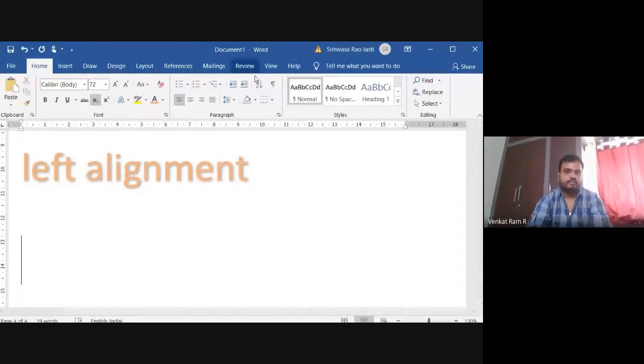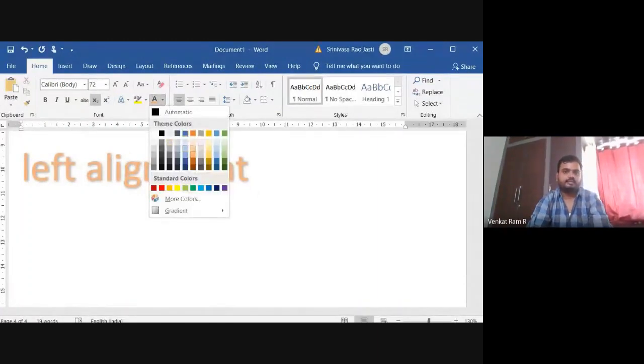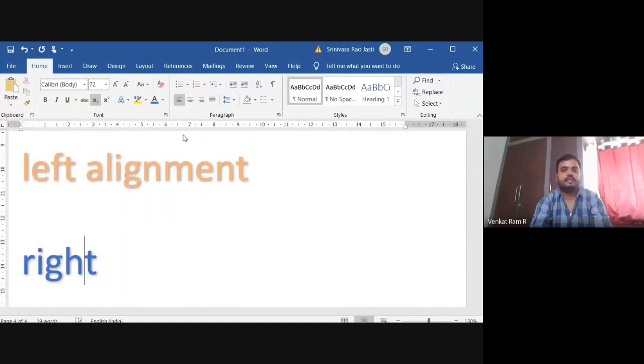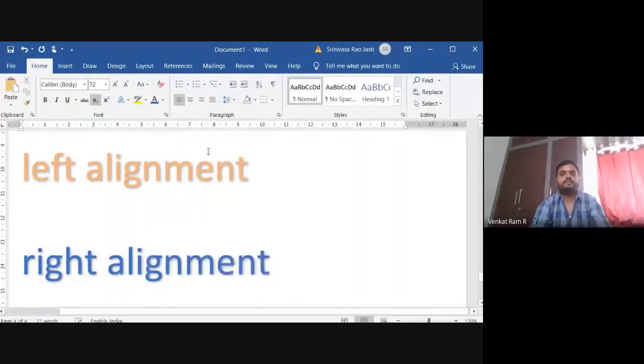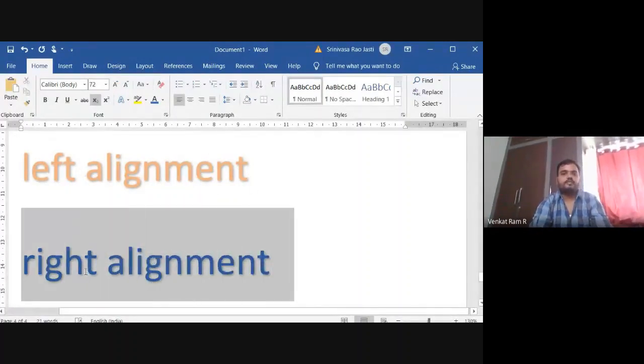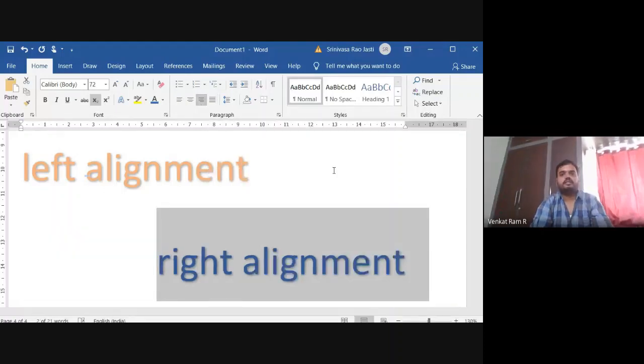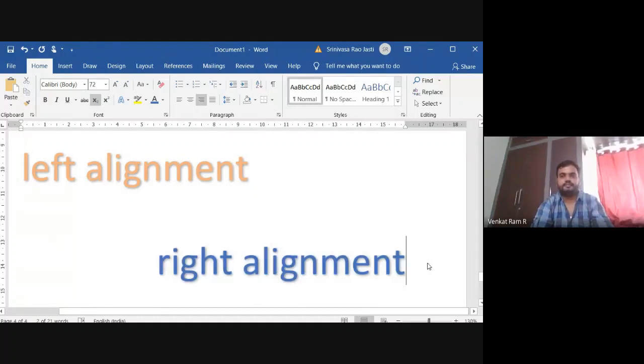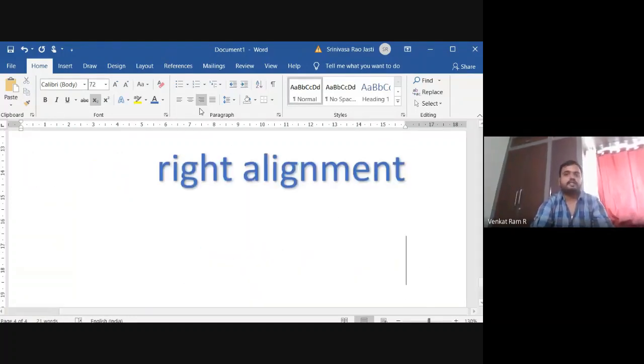And if you want to align right, then just click on right alignment. The position of the text will be changed. See, it is aligning towards the right. And next, center.